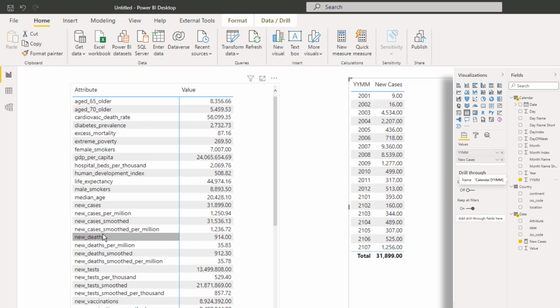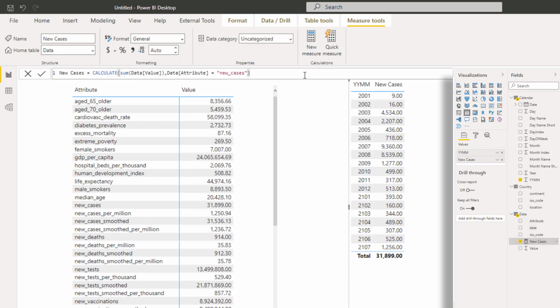Okay, so now I've got the new cases. I need to know about deaths. And so in this case, new deaths is going to follow this exact pattern. And so I could just copy that measure and I'll do a new measure. And this will be new deaths. Maybe the word new doesn't make a lot of sense here, but I'll leave it there. And so this is going to be called